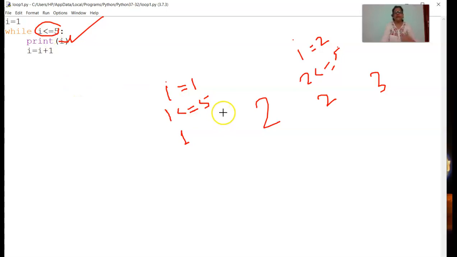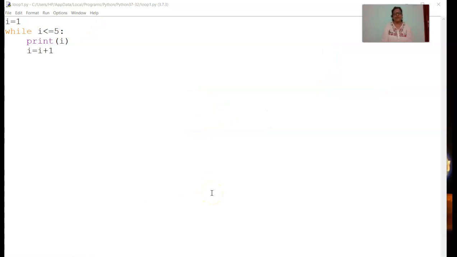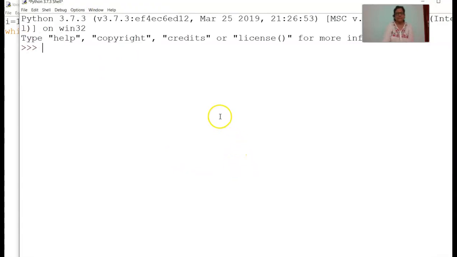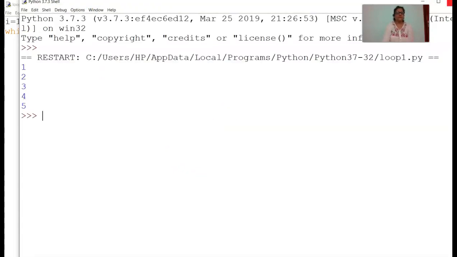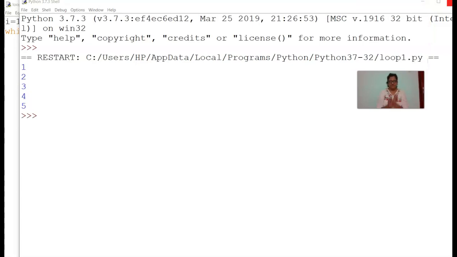In this manner, in an iterative manner, it is happening. I showed you by using the dry run. So if I execute this program, it would be like this. It is giving me the series, and this series is showing you the values in a specific method: 1 plus 1 is 2, 2 plus 1 is 3, plus 1 is 4, plus 1 is 5. Whenever it happens in a specific iterative manner, this is known as iteration.